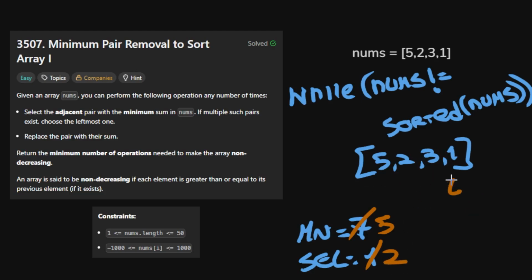Now we update I once again. We are looking at this pair. The current sum is 4, which is smaller than 5. So the new minimum is 4, and the current index is the last index. This is 0, 1, 2, 3. So we are standing at index 3. This is now 3. So now we can go to the index corresponding to selected minus 1, meaning we are looking